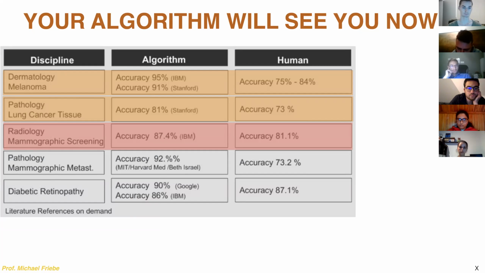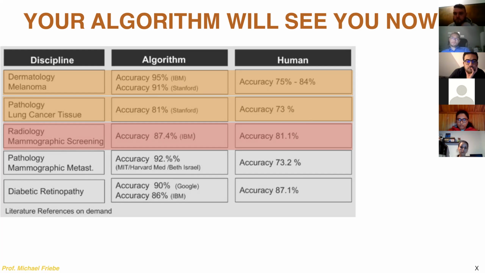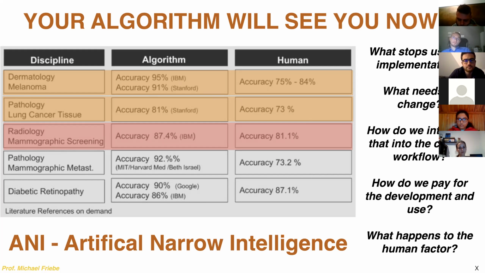Now, one more time, these algorithms will significantly increase in performance over the next years, and the human will not learn, or only learn very slowly, because he sees every year 500 patients, so he will learn from these 500 patients, maybe, because he can only learn if he gets feedback. If he doesn't get feedback, he won't learn. So if he said that was cancer and nobody tells him, no, you were wrong, it was no cancer, he cannot learn. He will still assume it was cancer, what he saw in the pathology image. So this is actually something where you need to ask yourself,